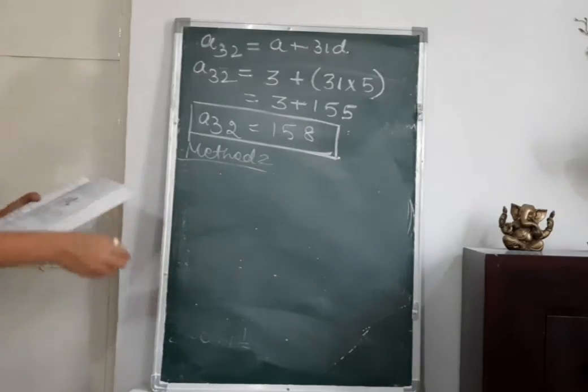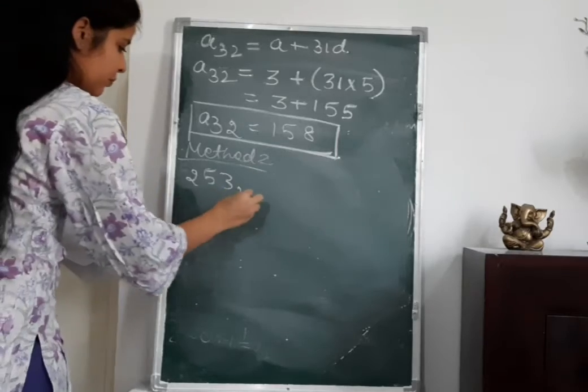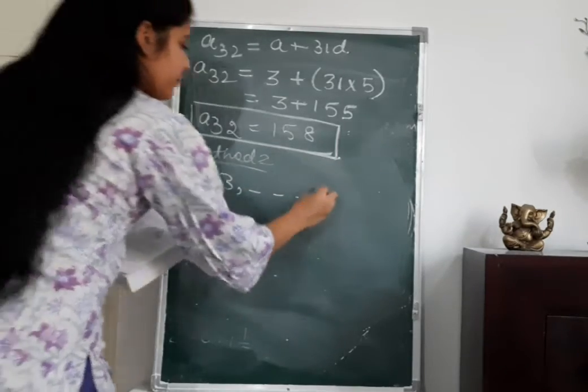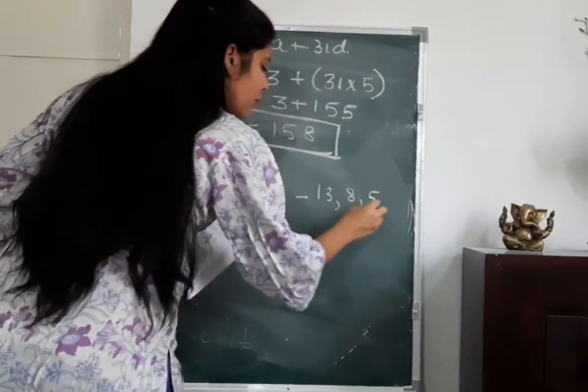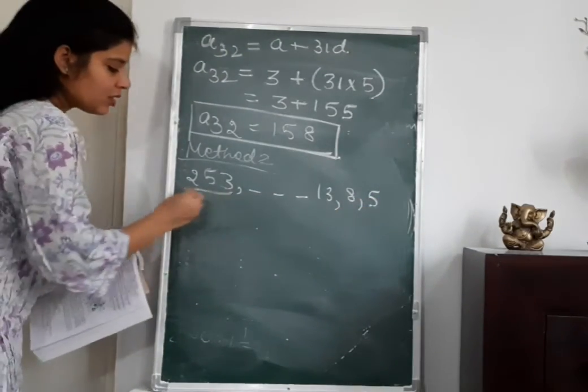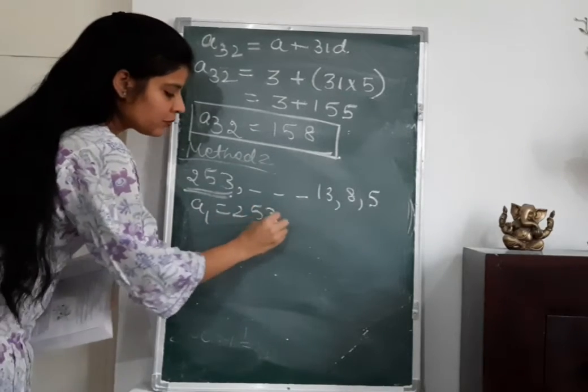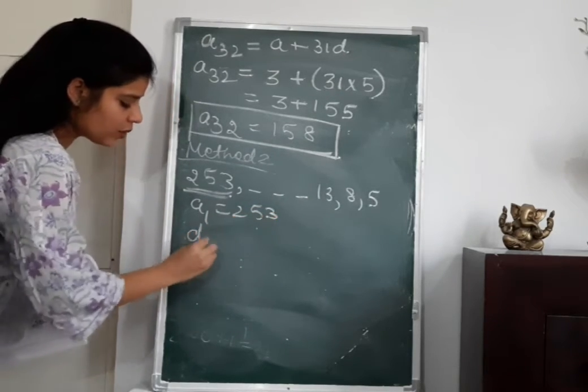Let us just reverse the series. Then it will become 253, dash, dash, dash, 13, 8, 5, right? The first term of this series will become what? 253. The common difference will be,